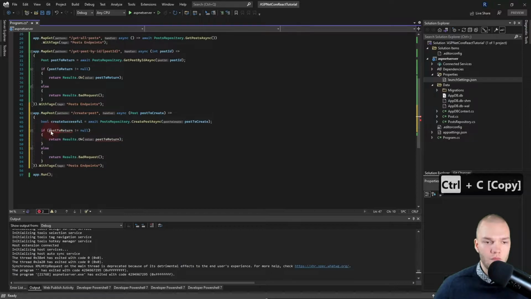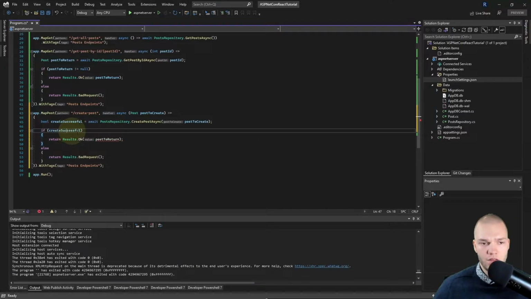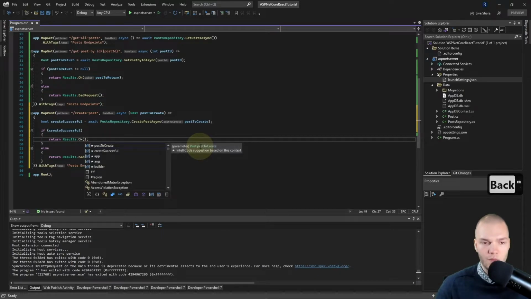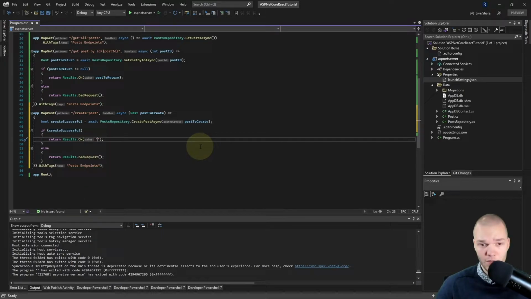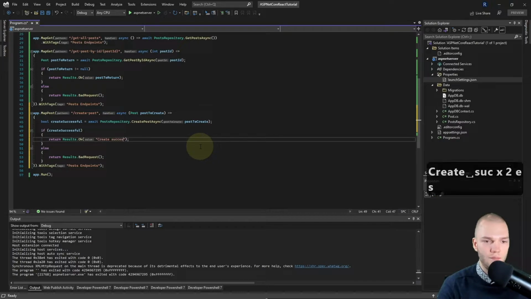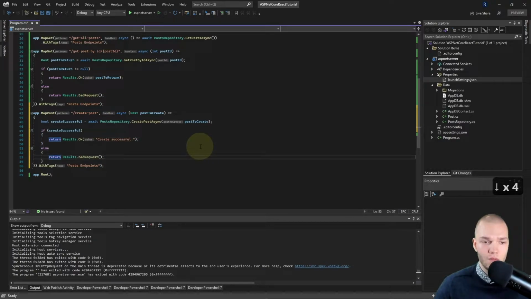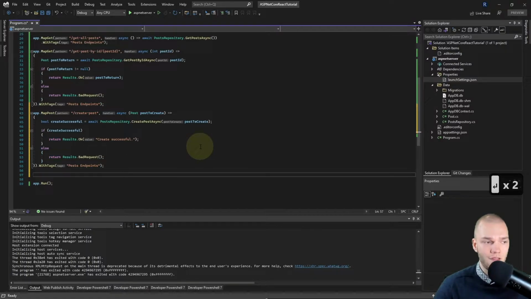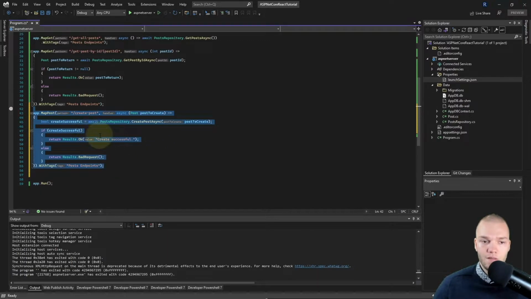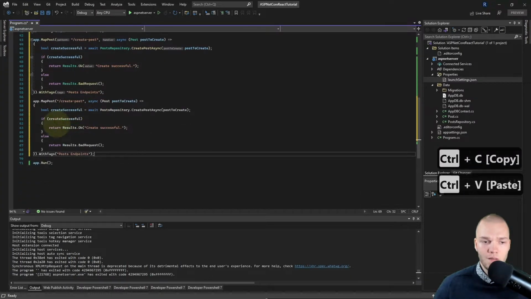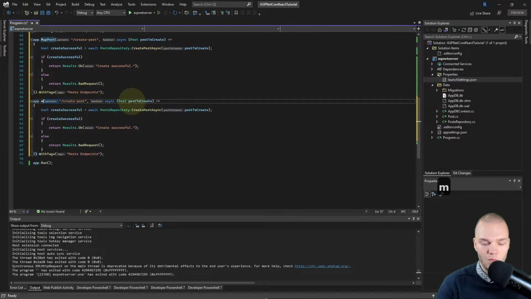And so we'll check here if the create was successful. Then we will return an OK response with the text, just simple, create successful. Else we will return a bad request, and the WithTags can stay the same. Then for the update post endpoint, I'm gonna copy and paste this MapPost and change it to MapPut.